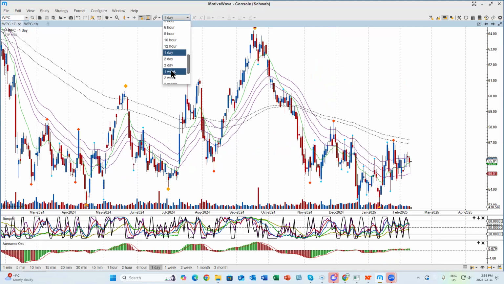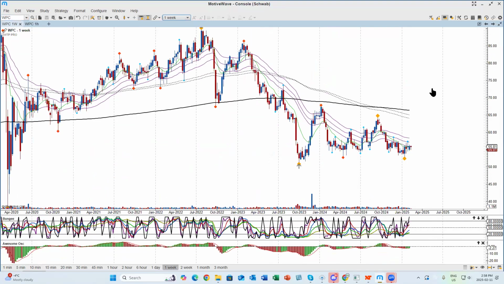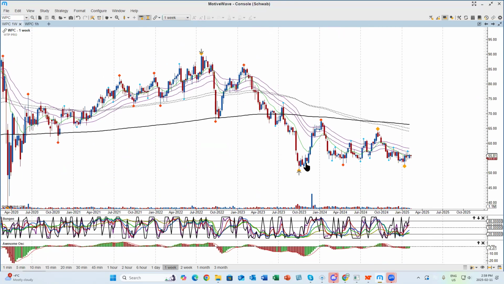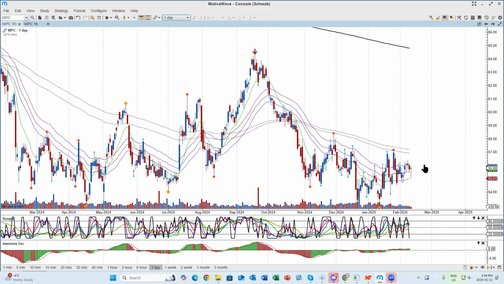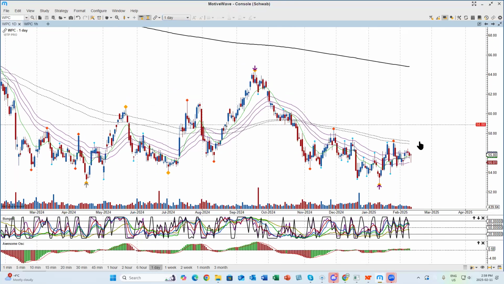This is WPC. And again, looking at the weekly chart, we're coming off bottoms, but the wave is below the tunnel. Price is below the tunnel. This looks bearish to me. And let's look at the daily. Yeah, I mean, until we break above the tunnel here and the wave starts to move higher, it's not interesting for me. It's just not interesting for me at all.